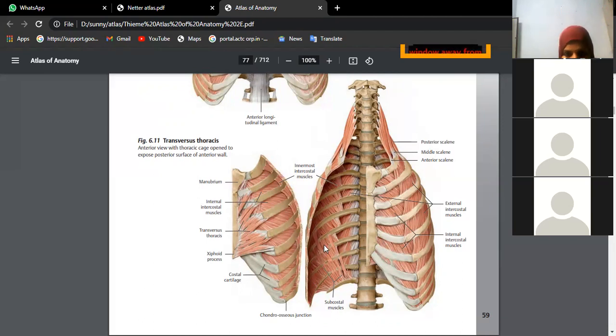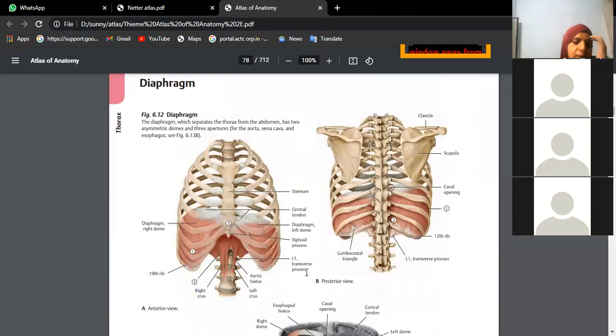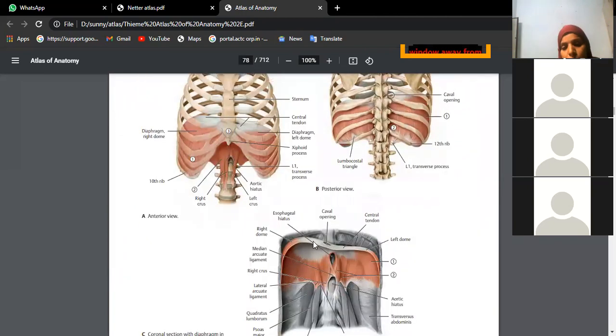And deeper inside, we also find in the lateral two-thirds subcostal muscles. Subcostal muscles. Okay. Then diaphragm also you will see tomorrow. Try to observe this better. Once the rib cage is cut and if it is removed, you will be seeing this partition. In the dissected cadavers, if they keep also, try to observe this diaphragm.